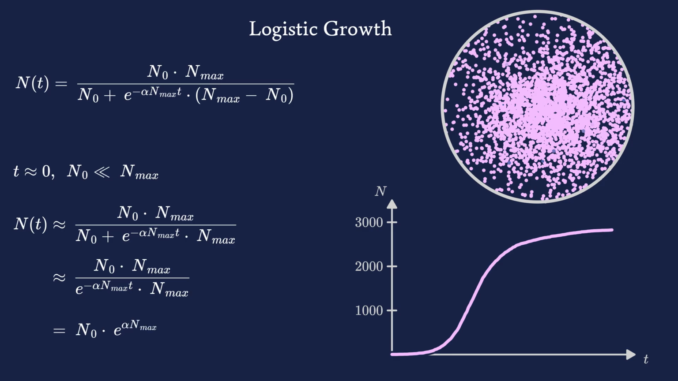With a bit of rearrangement, we get that logistic growth really does behave like exponential growth if n0 is much smaller than n max when t is 0. Not only does this show that logistic growth is an adequate generalization of exponential growth, it also justifies using exponential growth as a simplified model if it's only just starting out,